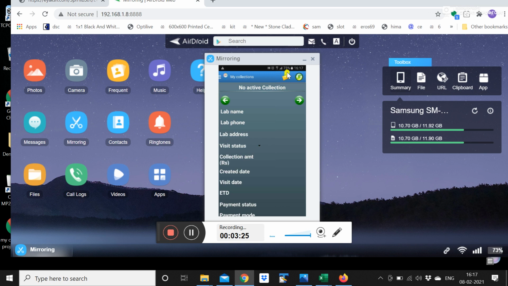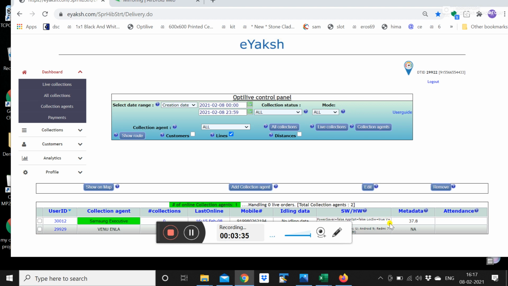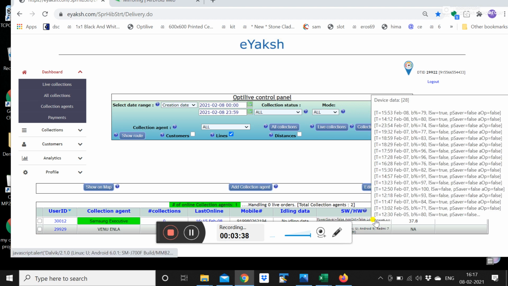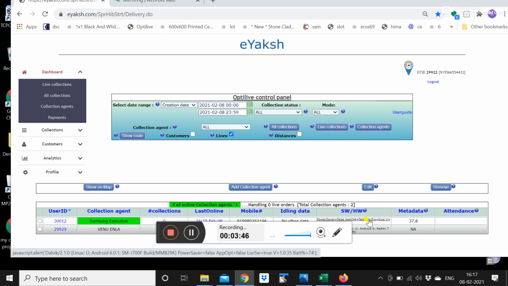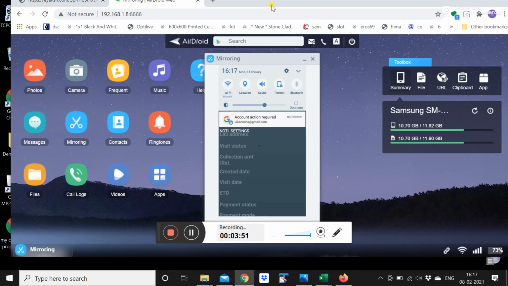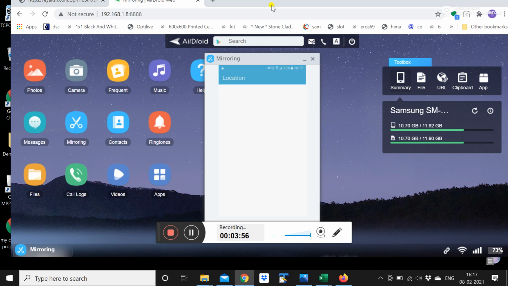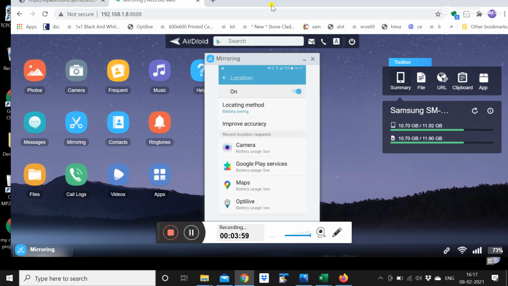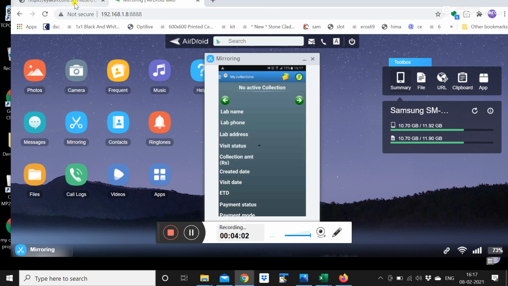So this will show what the battery percentage is, in case there is any doubt or any discrepancy of information, then you can check from the back end. It will also show how the device data is stored: at what time, what the battery percentage was, and that the location switch is true. So let's check here. This is my phone and you can see my location switch is true, and we do not use GPS, and I'll just show it to you. It is actually in battery saving mode, which is good enough to use the OptiLive app.